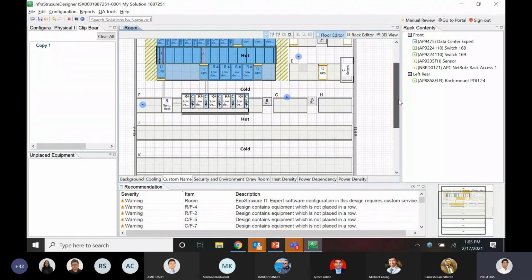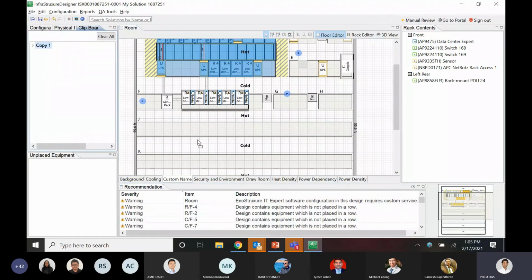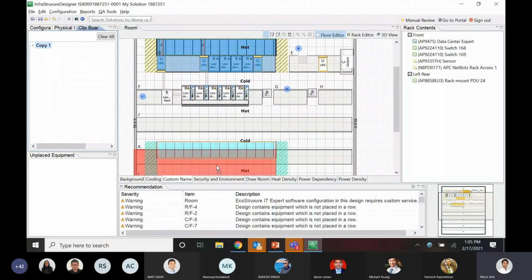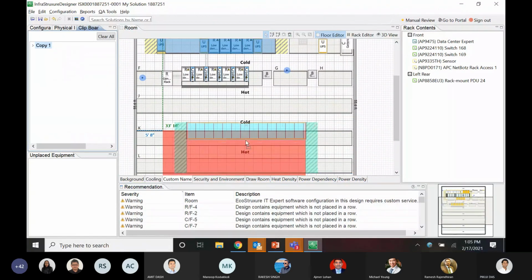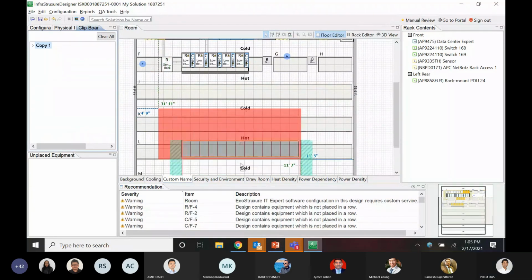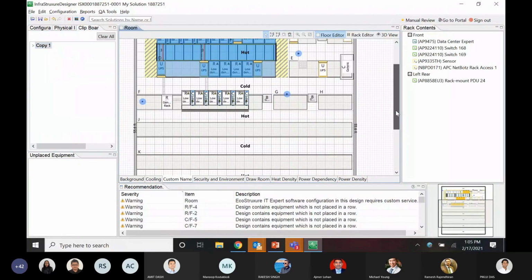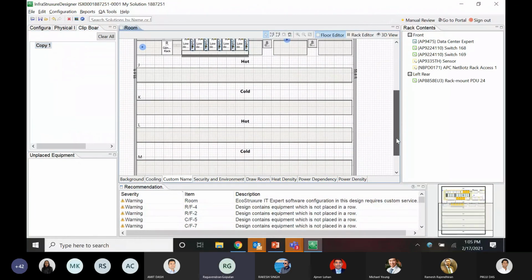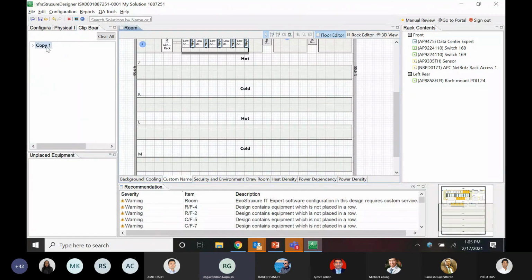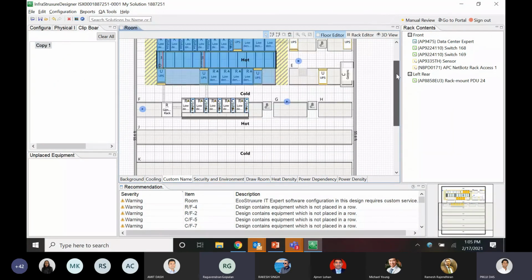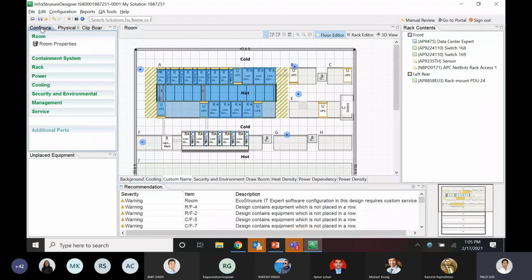I want an aisle system which has different widths. So what I can do now here, otherwise I'll just do one thing.